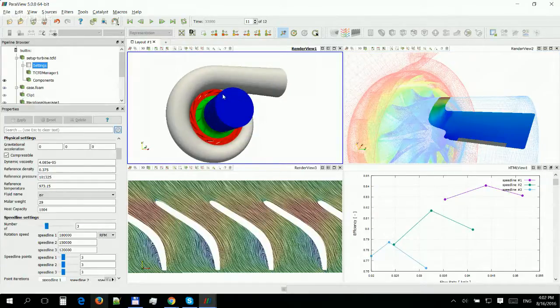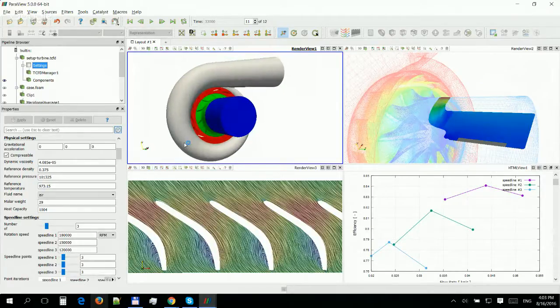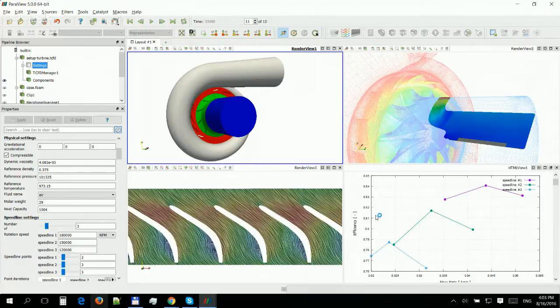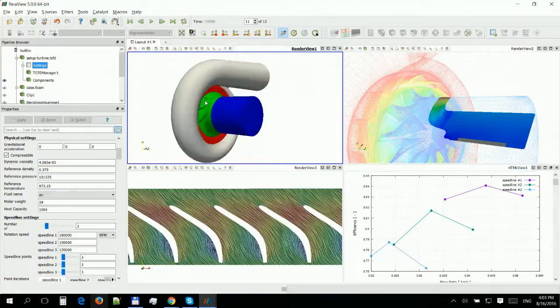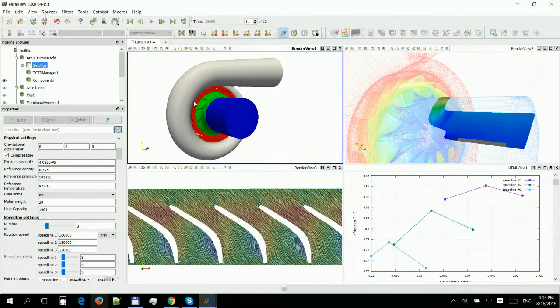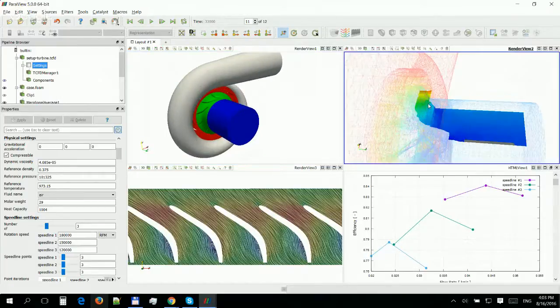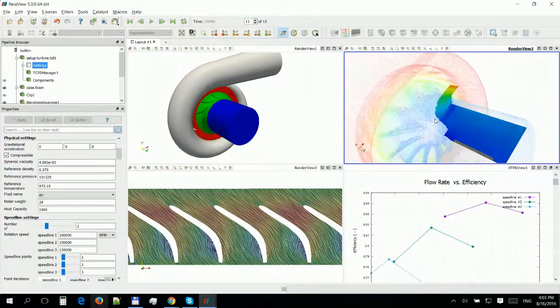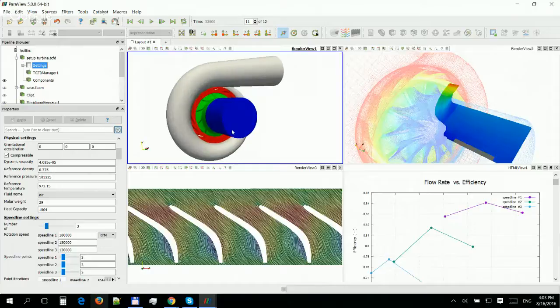What is Turbomachinery CFD? Turbomachinery CFD is a unique software based on OpenFOAM, and it was designed for CFD simulations of all rotating machinery, such as pumps, fans, compressors, turbines, water turbines, both radial and axial machines, both compressible and incompressible flows. Turbomachinery CFD is a complete CFD workflow that covers all the steps from pre-processing over the simulation to the very detailed post-processing of the results, either visual post-processing or reporting of integral values. So this is what you can see now. It's the Turbomachinery CFD interface. This is how it looks. But before we work from here,